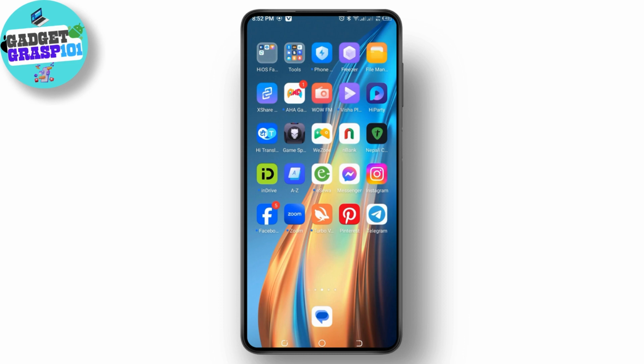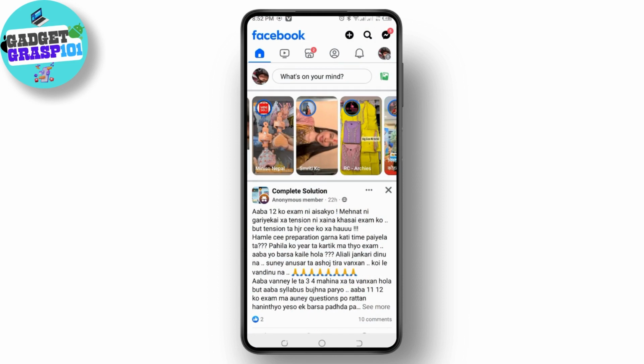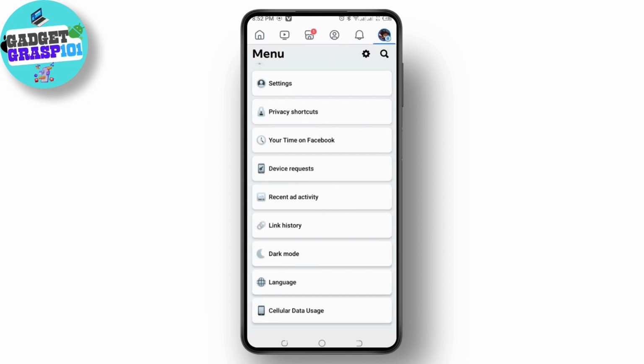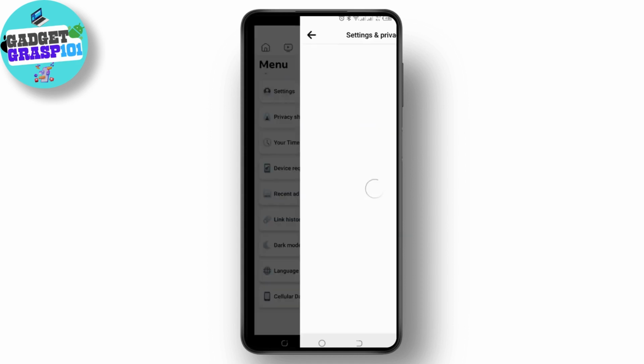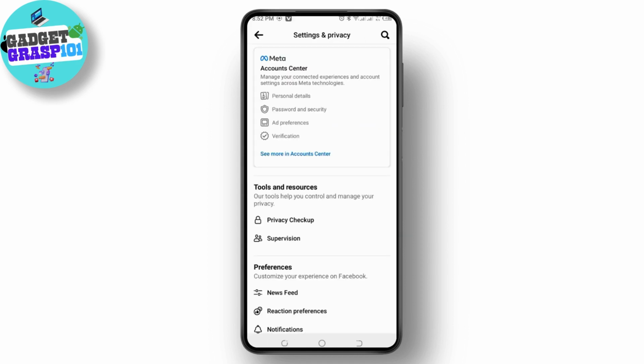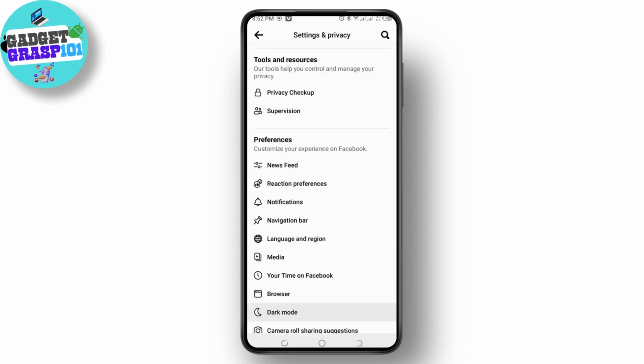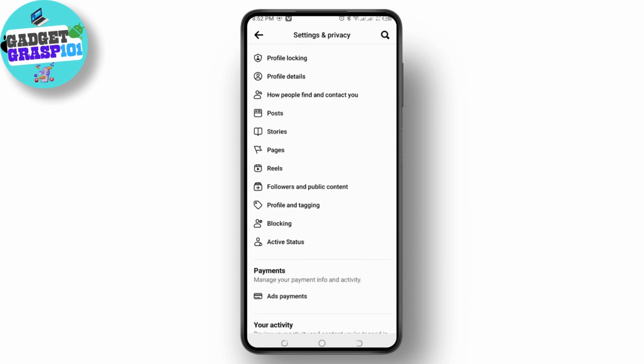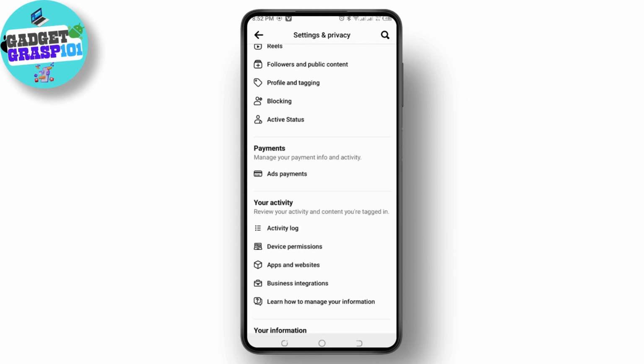What you have to do is go to Facebook. After that, on the top right corner there's a profile icon. Select that, scroll all the way to the bottom and select the settings option. Over here, what you have to do is scroll a bit down until you find your activity. Under your activity there's an activity log. Select the activity log,